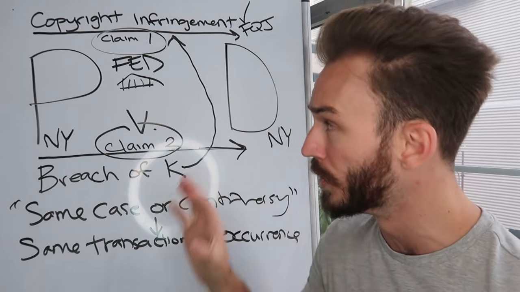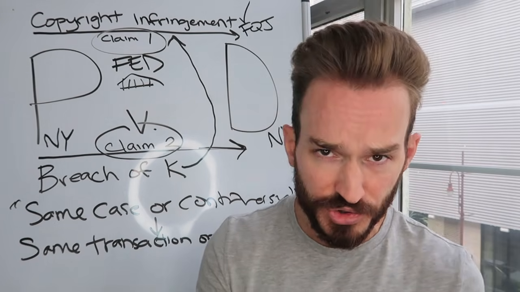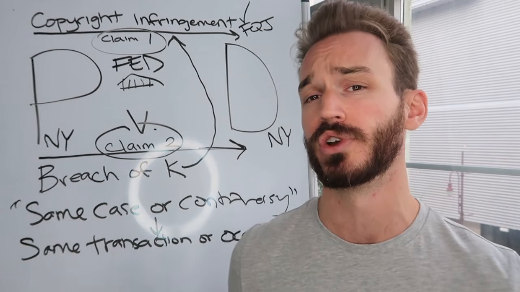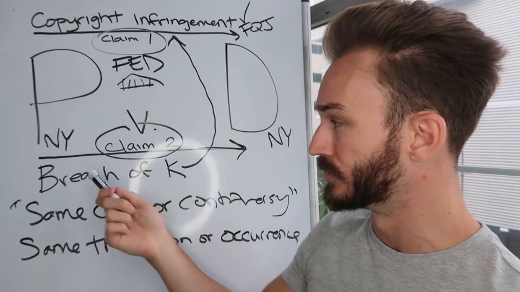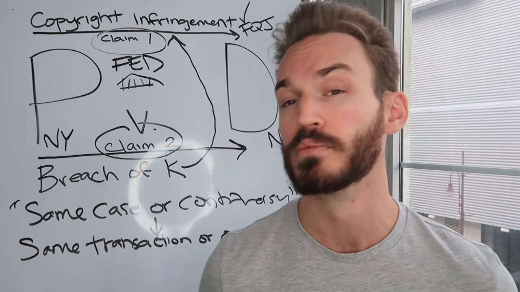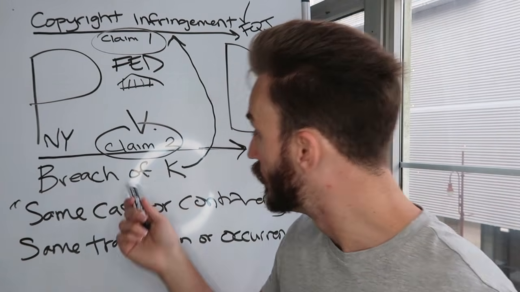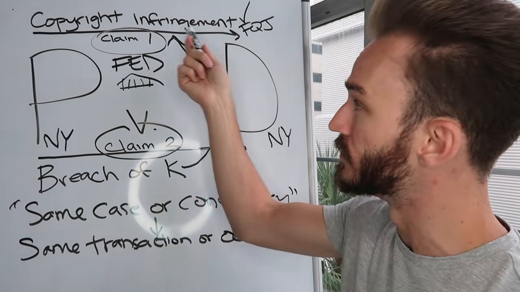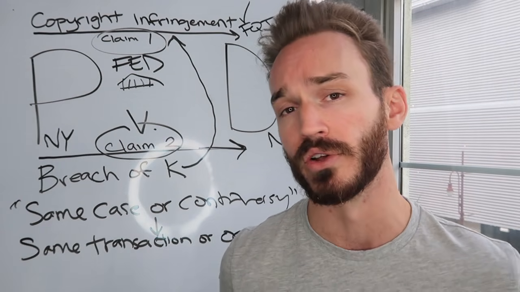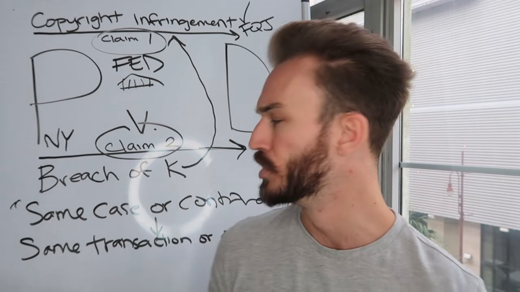Well, those claims are going to arise out of the same transaction or occurrence. It all comes from the same deal, the same transaction, the same contract. It's all in one package. That's going to be clear, same transaction or occurrence. So supplemental jurisdiction for the breach of contract claim is going to exist. The federal court is going to be able to hear this pure state law breach of contract claim because the breach of contract arises out of the same transaction or occurrence as the federal law claim, which is the copyright infringement claim. Now, of course, we could change that fact pattern around